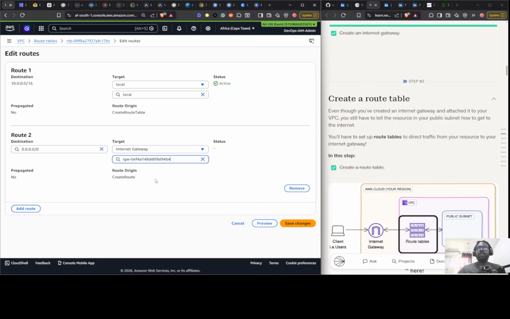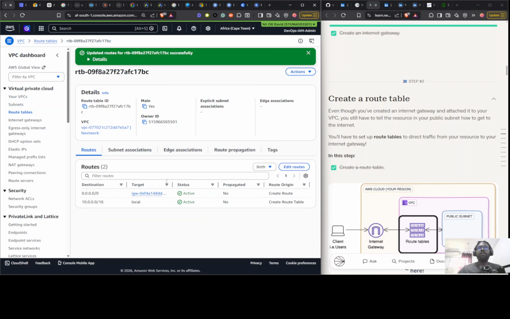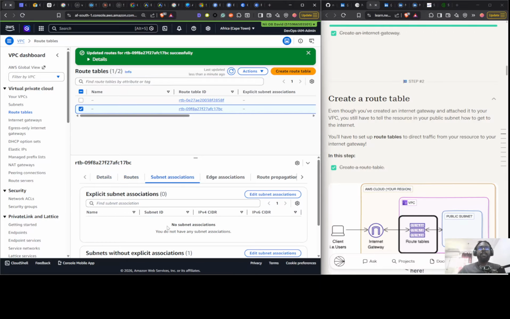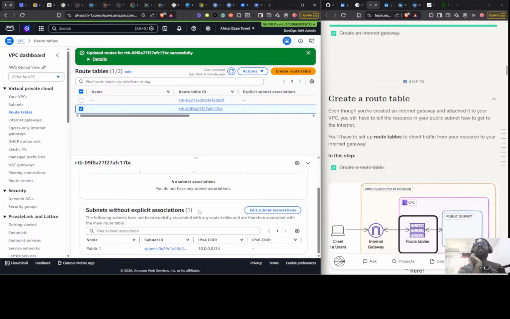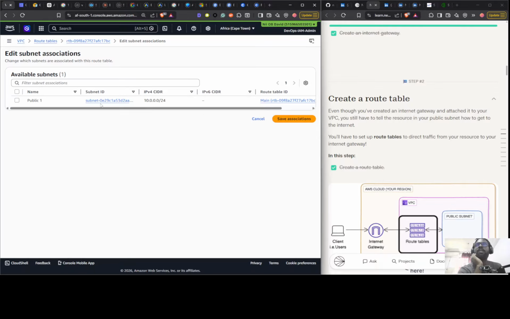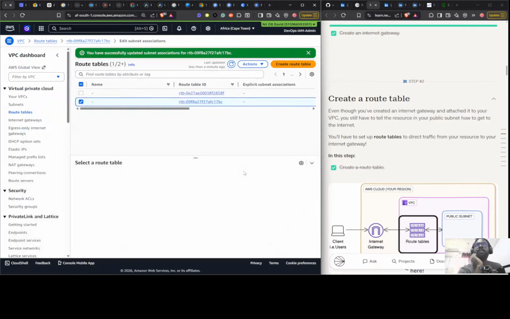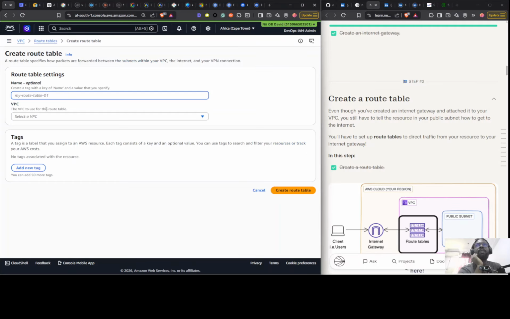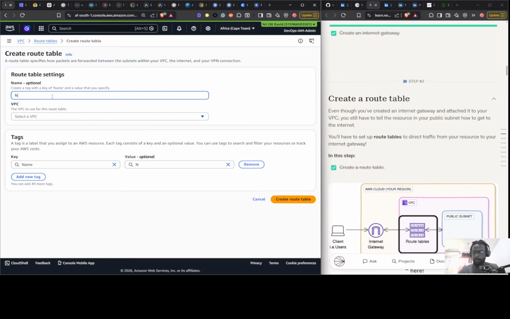Save changes. So you can see our new route table that's connected to our Nextwork project. Alright, and it doesn't have any subnet associations. Let's edit. Let's give it this. Okay, so you see that the subnet association moved from the default one here, and we have to create a new route table. So I'll just create a new one right now and call it